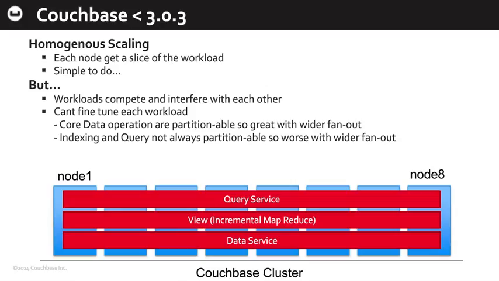What's interesting, the last thing we'll touch on with Couchbase architecturally, is that prior to 3.0, we had these services within the cluster: the query service, the view service, and the data service, often referred to as key value. What happened previously to version 4.0 and version 3.0 was each node in the cluster ran all three